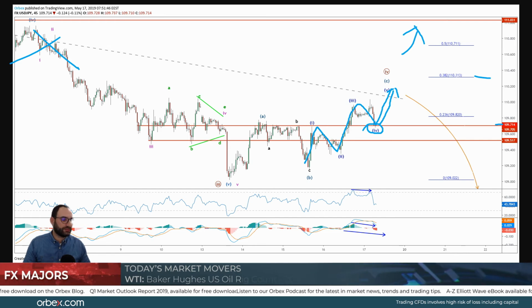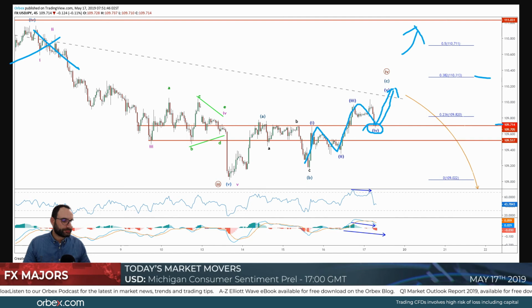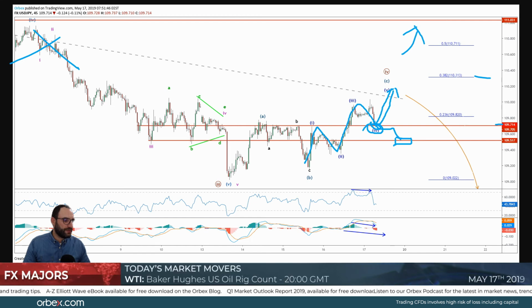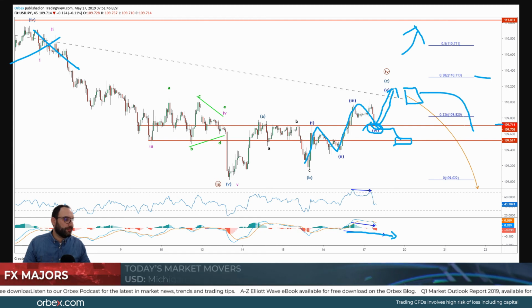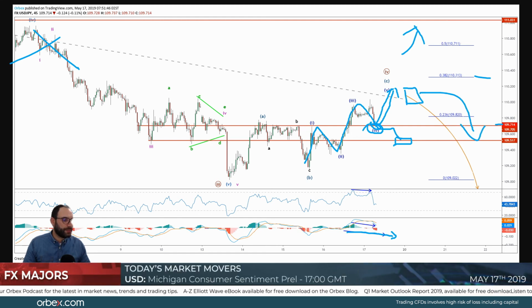But that would be a little bit hard, to be honest, because there is not much pressure at the moment on the upside. I am expecting this maybe to come a little bit lower to 109.500, because that is going to give us a much more complete bullish hidden divergence on the MACD on the 45 minutes, and then start looking for bears to step in.